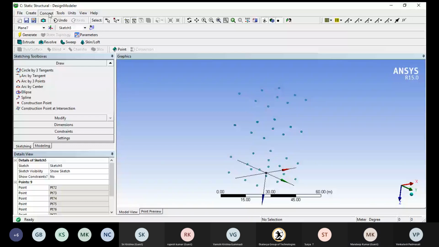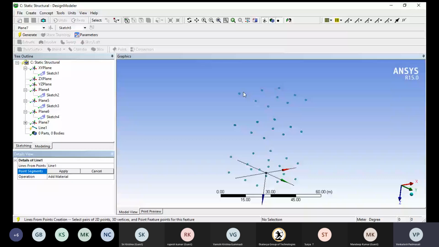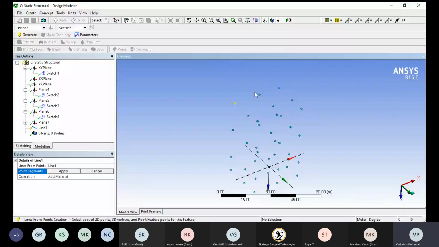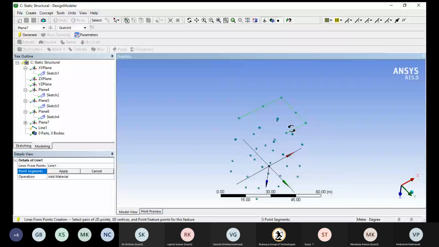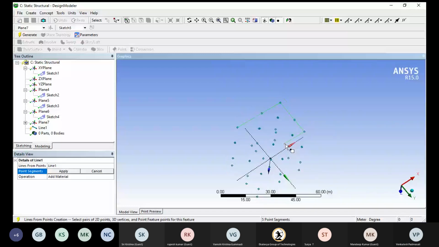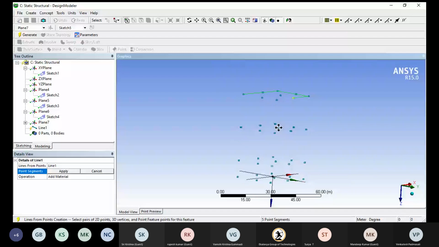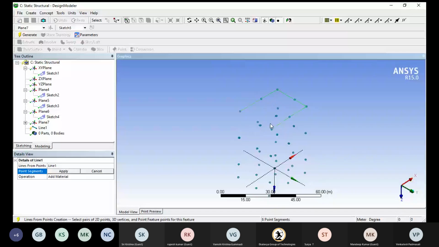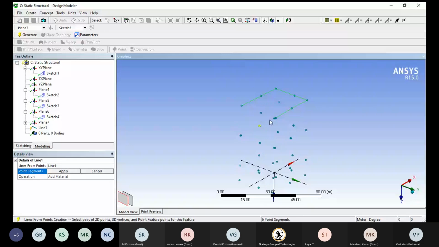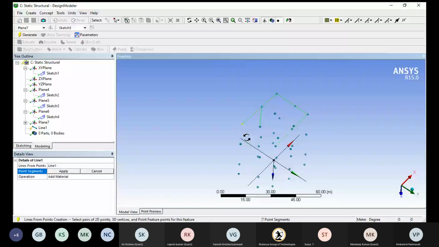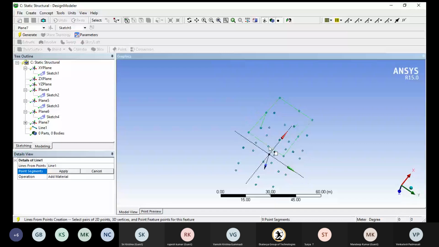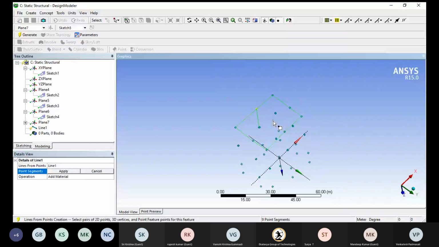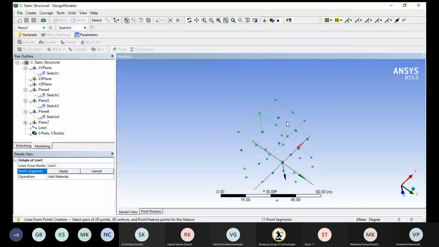Lines from point, right, sir. Yeah, thank you. With the help of Control, 1, 2, you need to match the points properly.